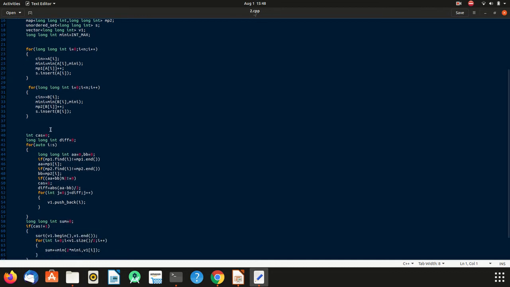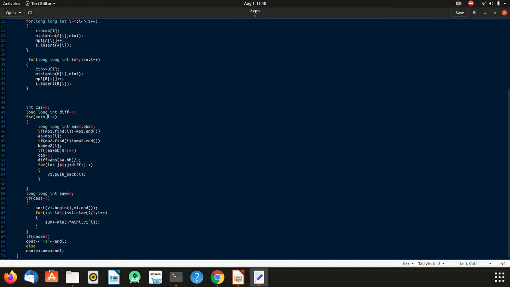After that we are iterating that set from the very starting. If we find a set element in either of the arrays, then we take it in A in case of map 1 and in B in case of map 2.